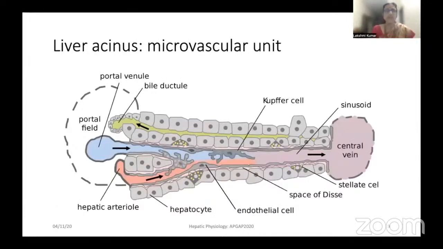Now this picture is of a basic structure of the liver acinus. You can see that you have the portal vein here and you have the central vein, central vein relating to the systemic and the portal to the portal. You have this vascular endothelium, which is lined by the endothelial cells, and between this and the endothelial cells is a space of Disse, which is normally occupied by the stellate cells, which I will discuss later. And then, of course, you have the hepatic endothelial cells, which have their unique function. Also among this are the Kupffer cells, which we saw previously are capable of developing an inflammatory response that can lead to